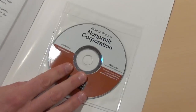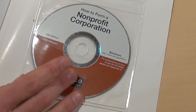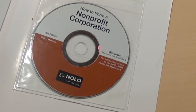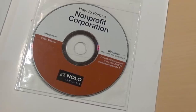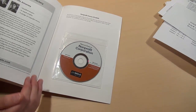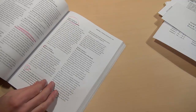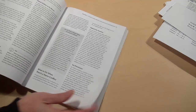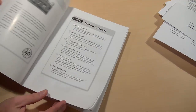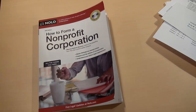So if you're just starting your nonprofit and you're only at the state level, they actually have sample bylaws in here, sample incorporations. This walks you through the whole thing. I use this book mainly for my 1023 application, but it certainly helped us out when we were going through our state incorporation. So it's got heaps. You can see it's a pretty well used book. So anyway, I recommend them,